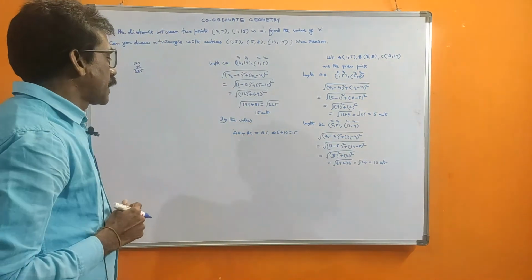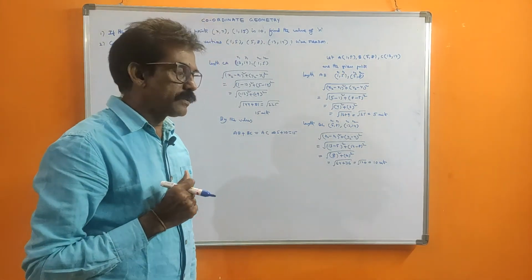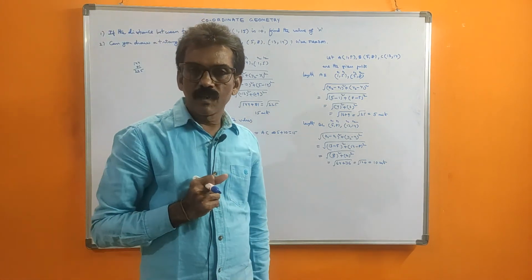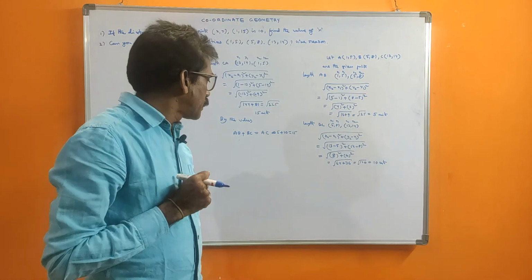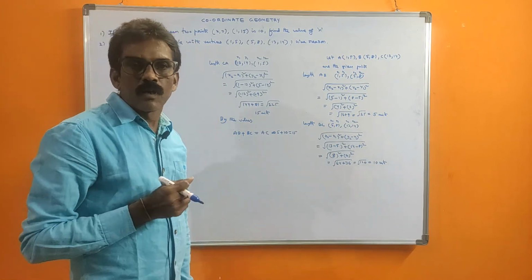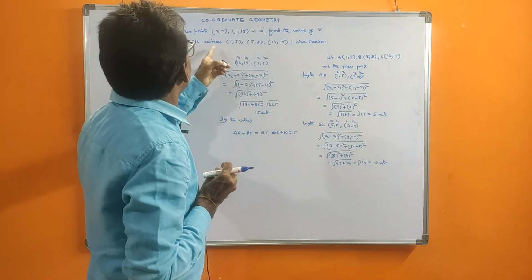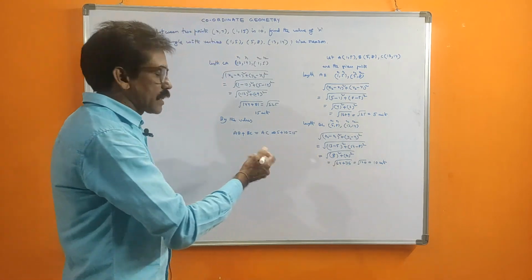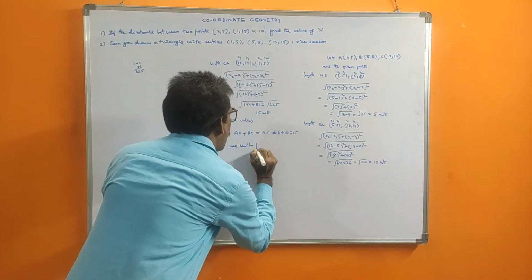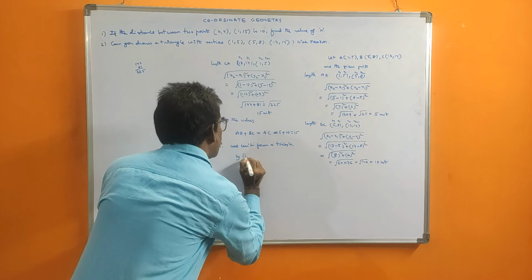So this condition is satisfied: if for the sides formed by any 3 points, the sum of any two sides is equal to the third side, that condition satisfied means those 3 points are collinear. So many times I said, collinear means they lie on the same line. But what was asked: can you draw a triangle with these vertices? They all lie on a straight line. That's why you cannot form a triangle by these vertices.